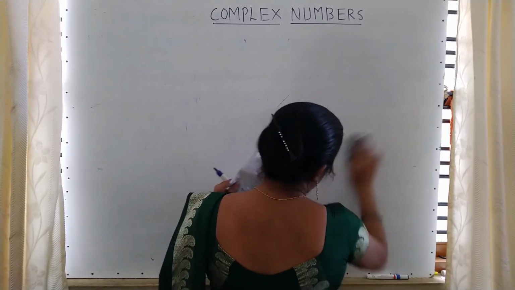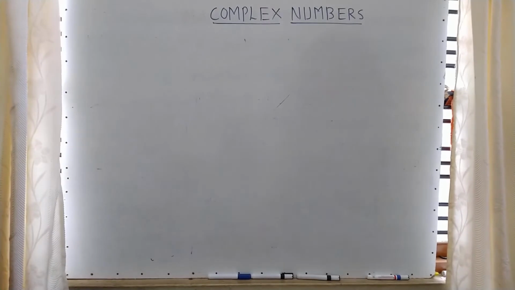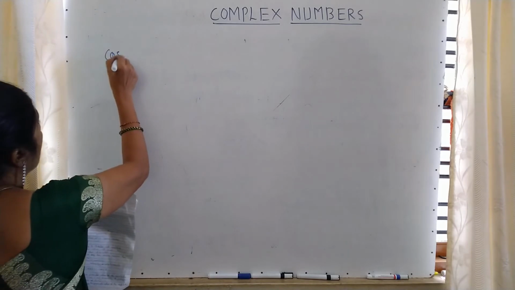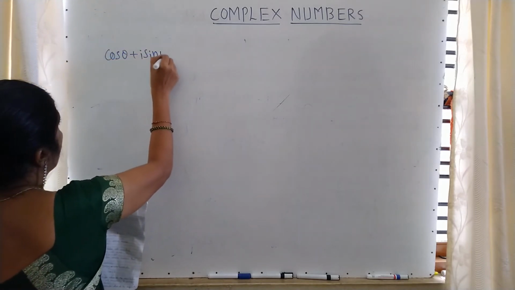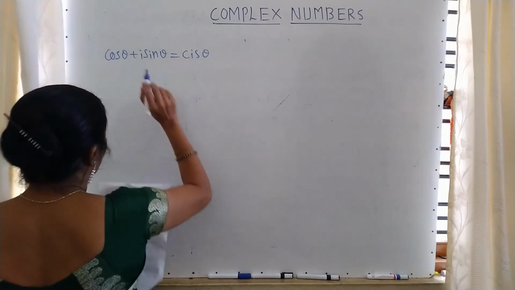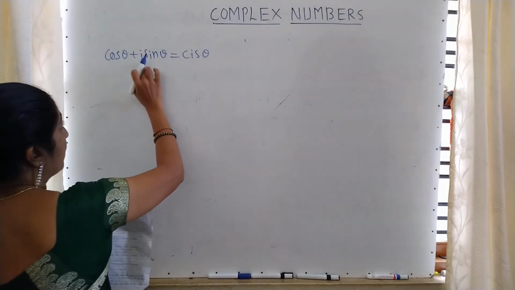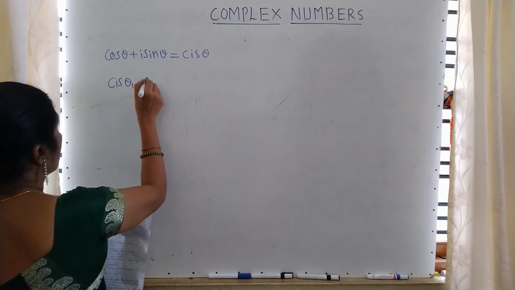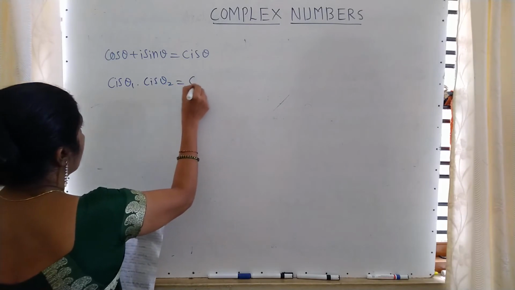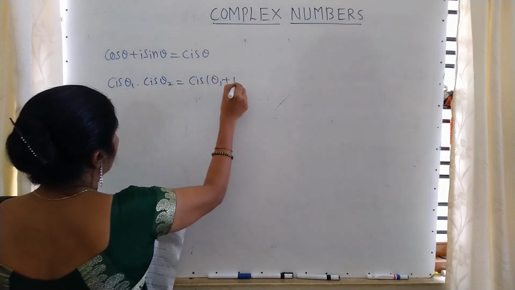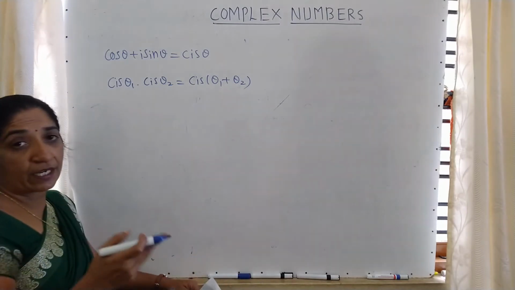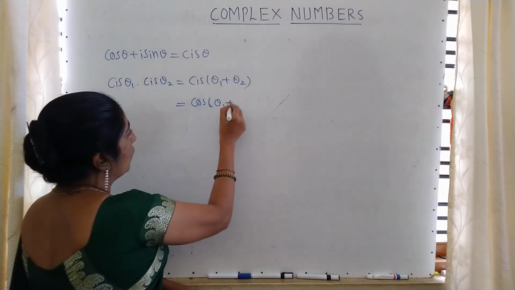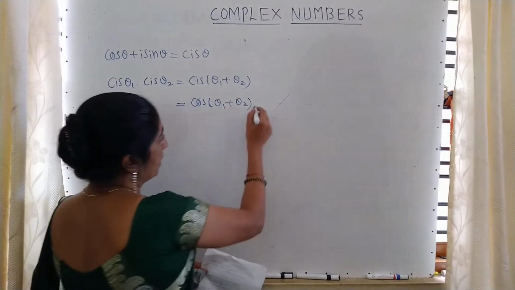Moving to the next concept. Cos theta plus i sin theta will be written as cis theta. Mark this: C for cos, i for imaginary unit, S for sin. Then cis theta 1 into cis theta 2 will be written as cis of theta 1 plus theta 2. Not only 2, you can take an infinite number of terms in the multiplication. This is cos of theta 1 plus theta 2. Angle is theta 1 plus theta 2,